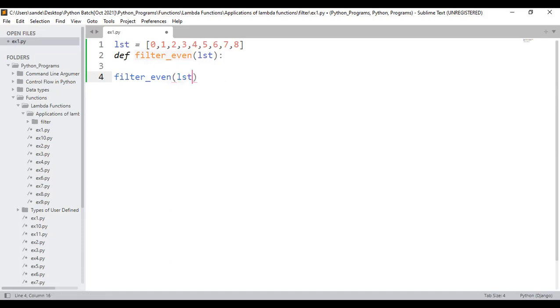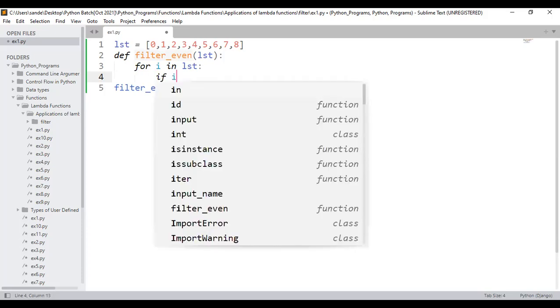Now, observe properly. What will happen? I would like to write the body of the function. You iterate over the complete list. In order to iterate, we'll be using the for loop. Next, within that particular list, while iterating, if you encounter i, if the remainder